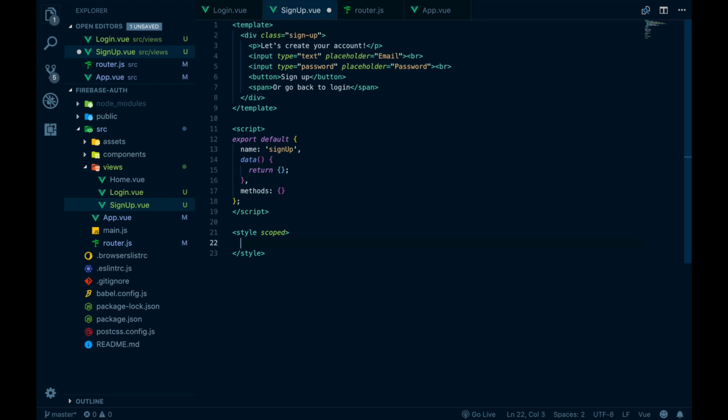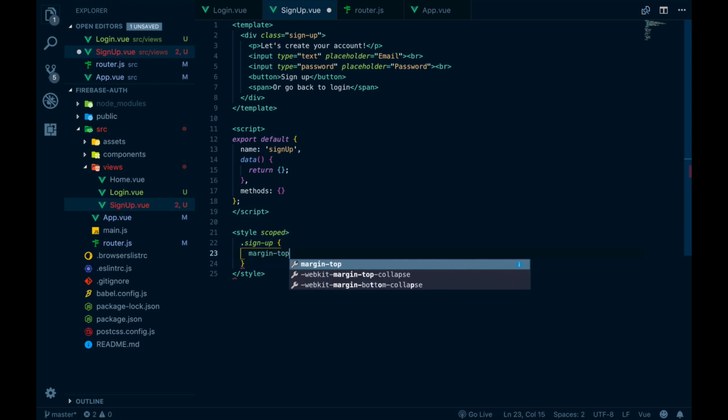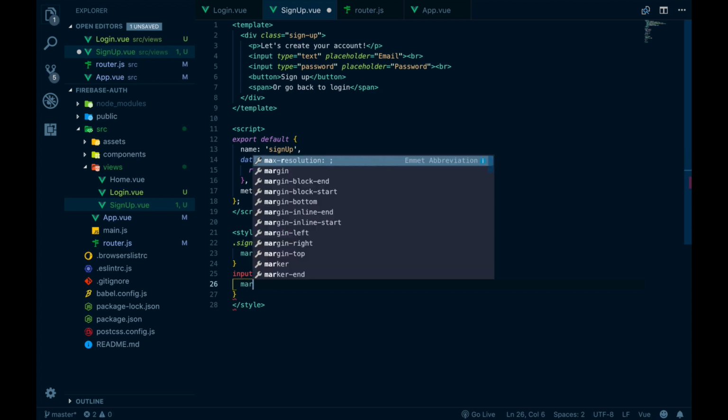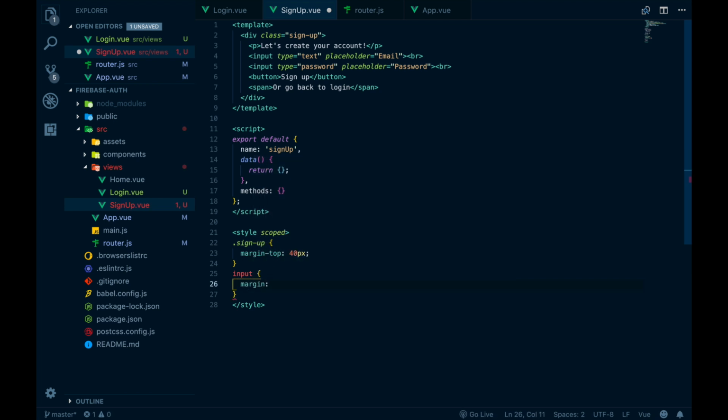So let's just go in here and say sign up, and this is going to be a margin top of 40 pixels. And now we can select this input, and this will have a margin